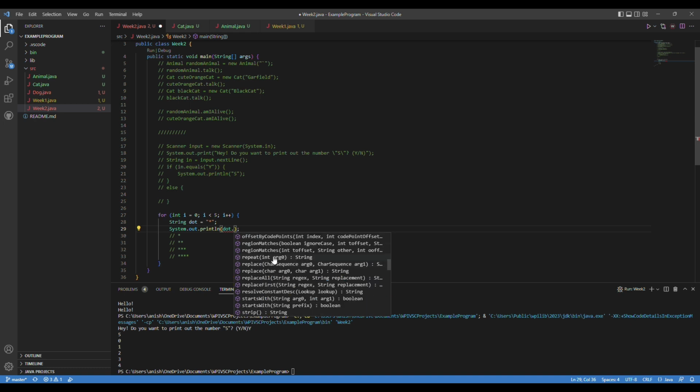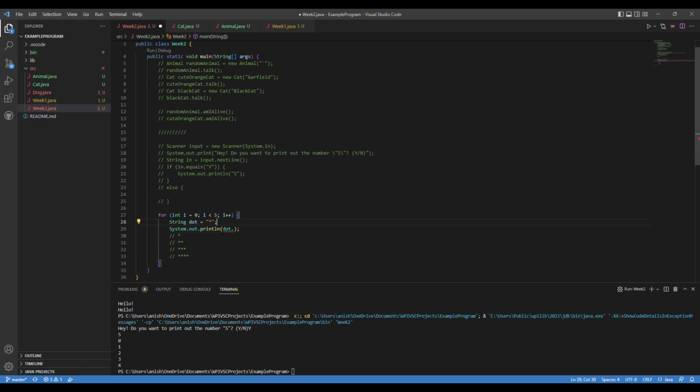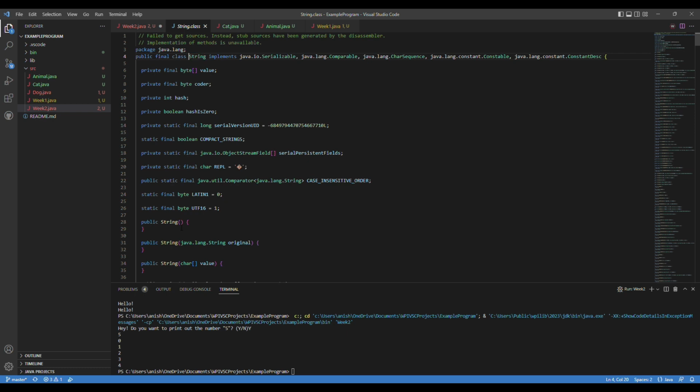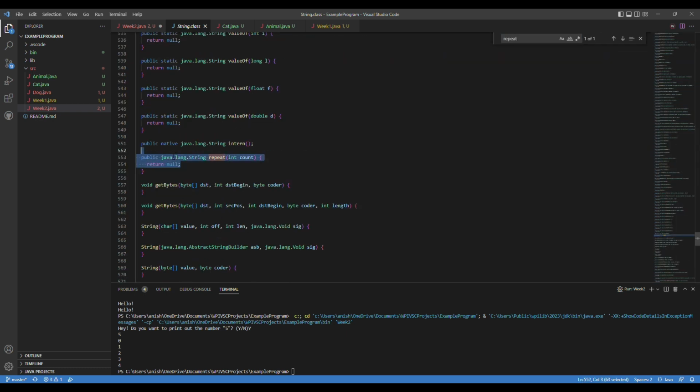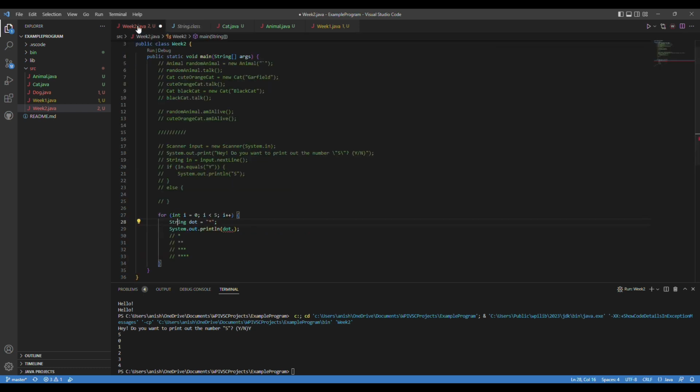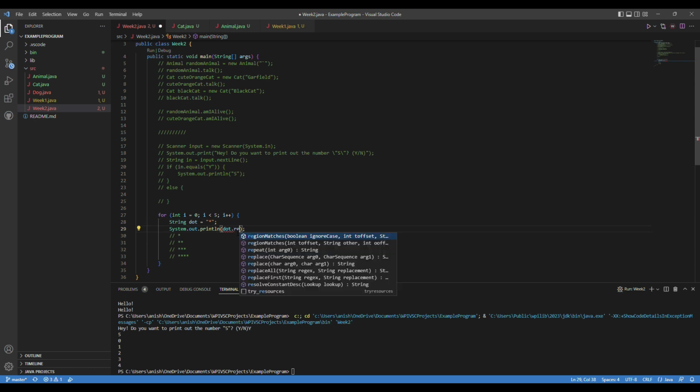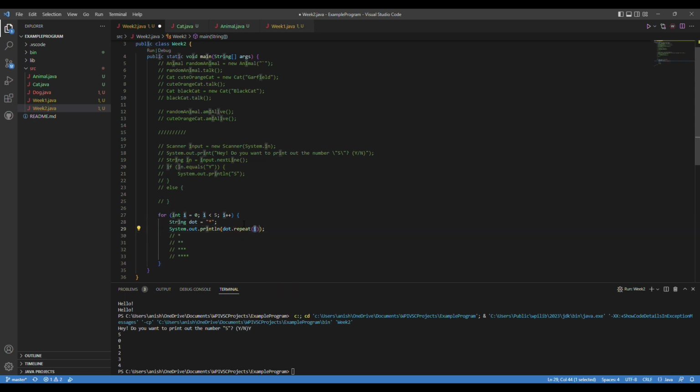Repeat. That's amazing. So another easier way to do this is you're going to hold control and then click onto the string. You're going to control F and then type out repeat. It allows us to repeat. So now we're going to do dot repeat i times, right? And if you wanted, instead of writing out a separate string, you could just write it like that. You don't have to write it as a completely new definition or variable. If we run this code,